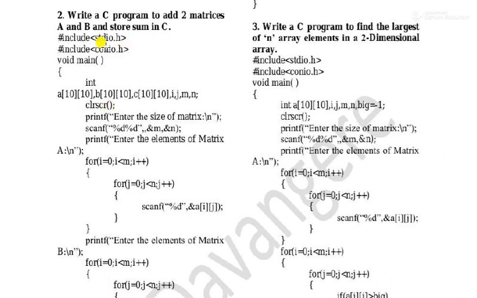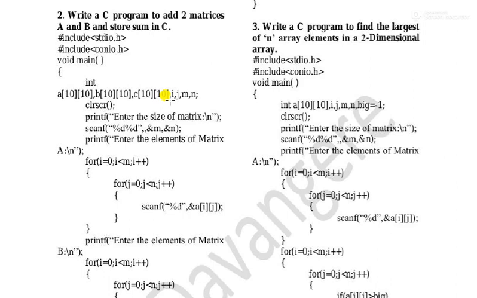The main important thing is the declaration of arrays and accepting the input. Listen here. First, how many arrays do we need to take as input? Two arrays, and for output another array. So int a[10][10], b[10][10], these two are for input, and then c[10][10] for storing output. And then i, j, m, n, clear screen. i for initializing rows and j for initializing columns, m for number of rows and n for number of columns.